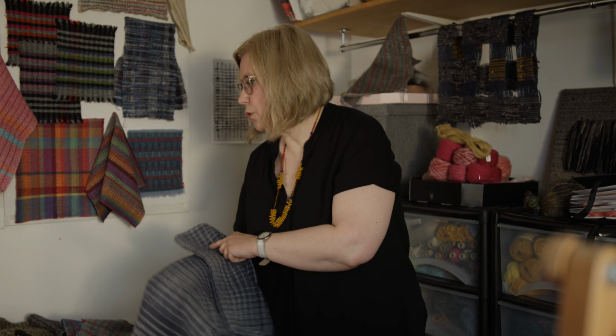On the loom at the moment, this is a more, I would say, graphic design. I am just using natural colors for it. The warp is from Jamieson of Shetland, and the weft is from the wool brokers. If you are a weaver, I'm sure you agree with me, weaving is a very slow process. You are working slowly from the very beginning. Even the preparation stage is a long and thought through process, and then the actual weaving is also quite therapeutic repetition, but that gives the whole experience a very, very nice